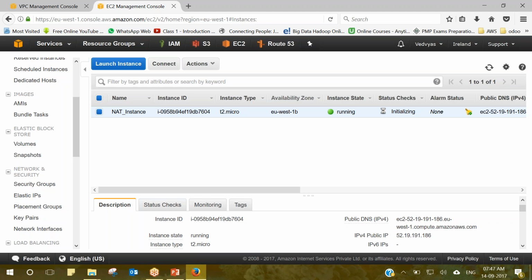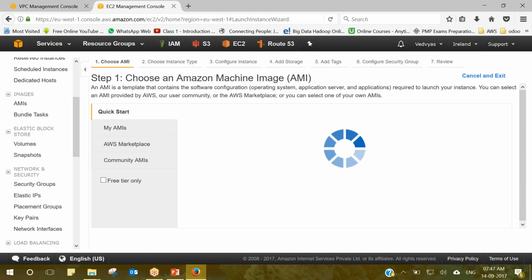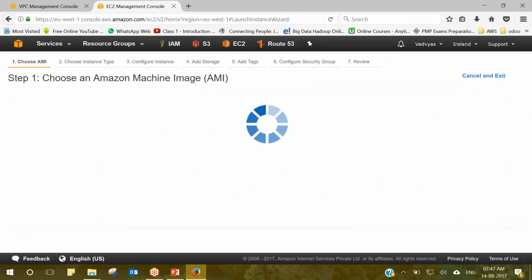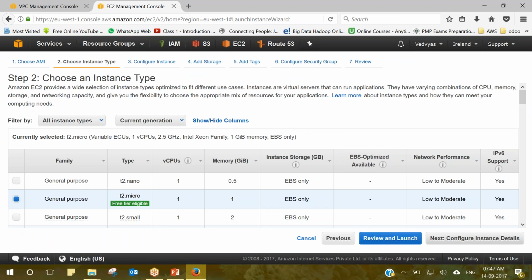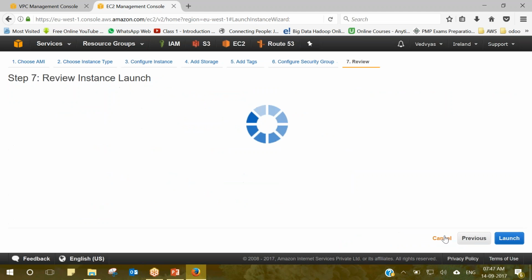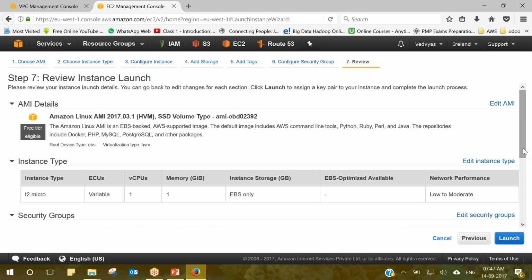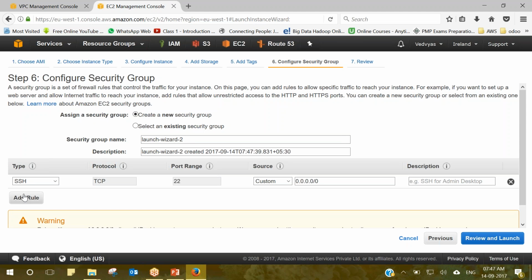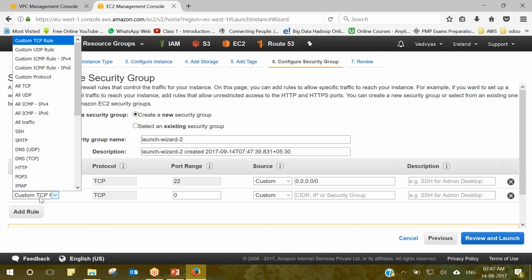By the time this is coming up, let's create one more instance. And this time we will use the simple Amazon Linux AMI. This will be the private instance which we will be launching in the private subnet. So from here select the correct VPC and we'll go ahead with subnet 1, because subnet 1 is the private subnet we have configured. Click on review and launch, and then you need to change the security group here. So in the security group, add the rule HTTP,